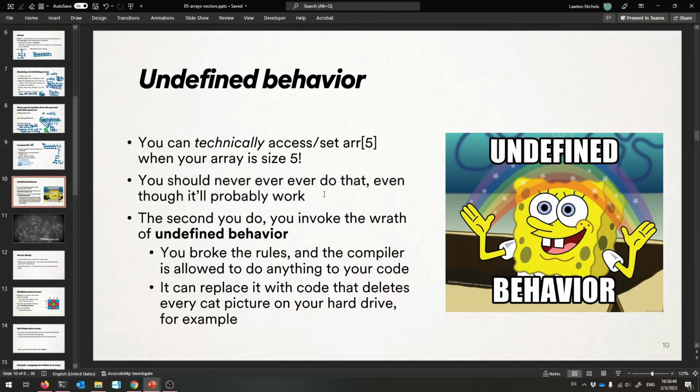So it might work, usually will work if you have enough extra variables declared. Probably won't one day though, okay? On a different computer it might break everything. So the second you do something silly like this, you invoke the wrath of this thing in C++ called undefined behavior, which just means that you broke the rules of C++, and the compiler, if it is smart enough to notice you breaking these rules, it's allowed to do anything to your code because you're outside of the C++ standard at that point. So technically, the definition in the C++ language standard allows undefined behavior to delete all the cat pictures on your hard drive. Okay, that is totally a valid thing that undefined behavior could do, but usually it just